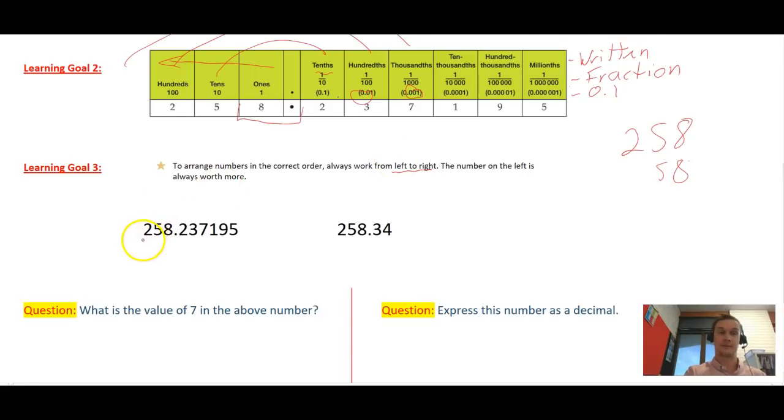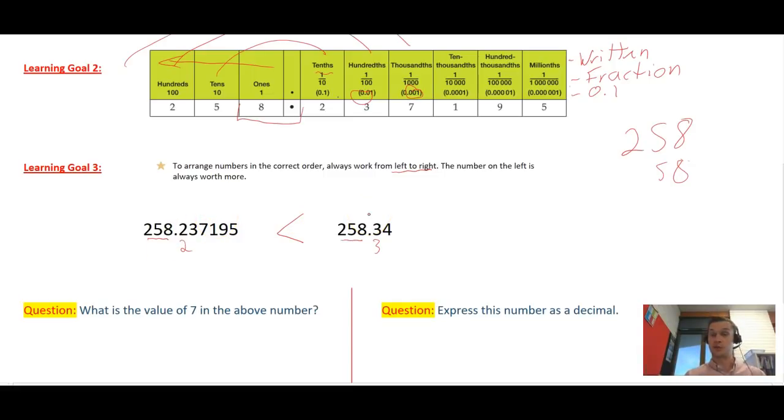So let's start at the furthest number. They each have 3 numbers in front of the decimal place. So that means they are the same, 258 wholes. Now let's work from left to right there. So even though this number has a big number, if we start working from left to right, the first number after the decimal place, this value is 2, and this value here is 3. Now 3 is obviously bigger than 2, so this number here is bigger than this number. So even though it has 2, 3, 7, even though that's a big number,